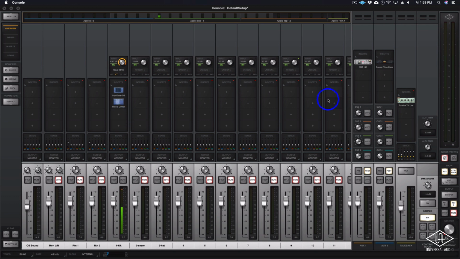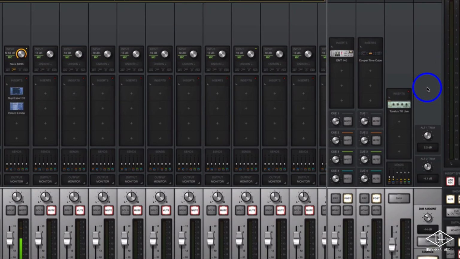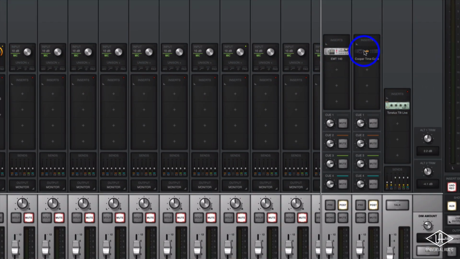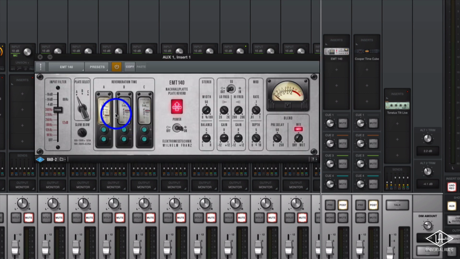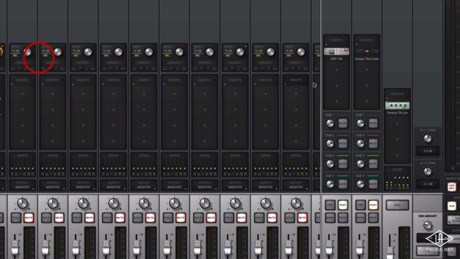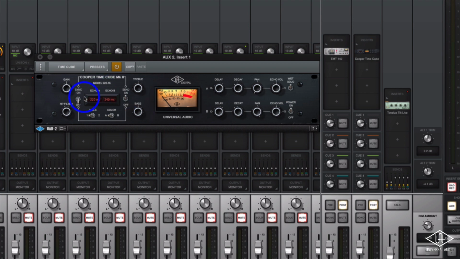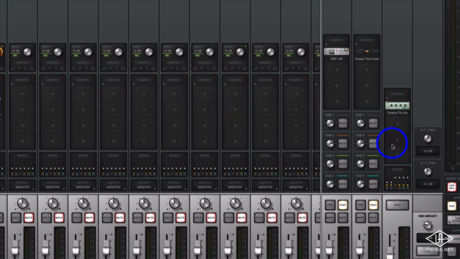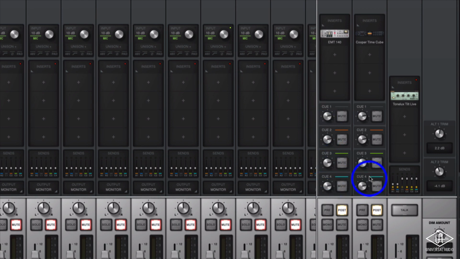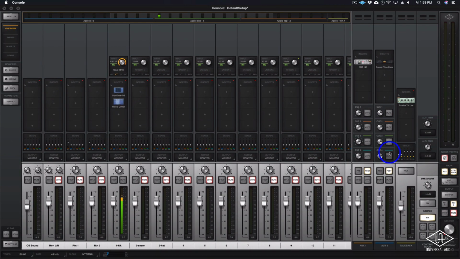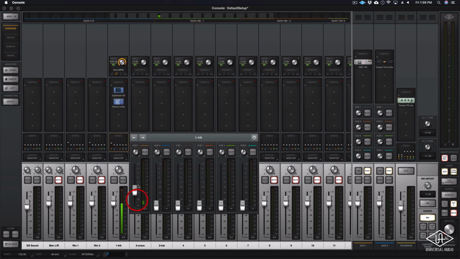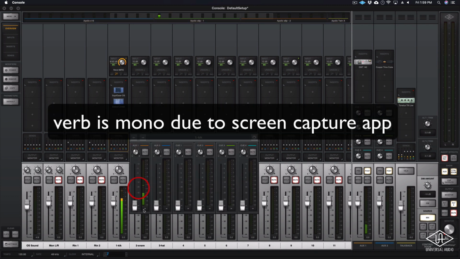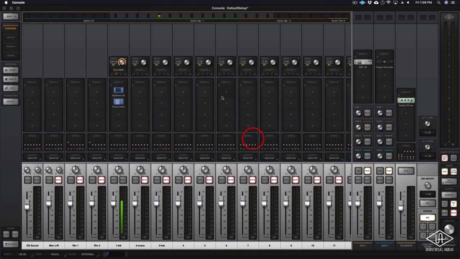Okay, the next thing I want to look at is in this area over here on the right hand side, and it's my auxes. I have some effects pre-configured. I have an EMT 140 here with some basic settings that I like to use as starting points. Plate A, 2.5, filtering out all the bottom end, 100% wet, and then Cooper Time Cube, some similar basics, quick little slap settings. You'll notice I also have them all already set to Unity for all cues. This means that it's very quick to come over, grab a send, turn it up, and not only do I get it, but it's in all of the cues,